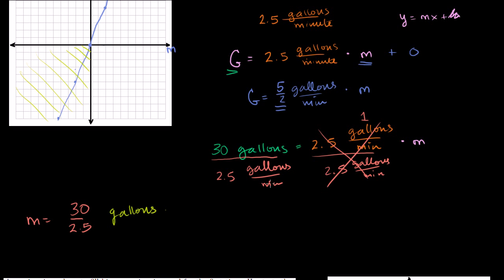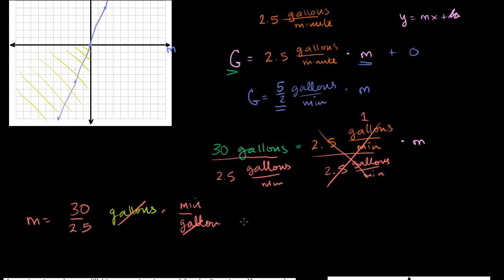If I have gallons per minute in the denominator, if I divide by this fraction, that's the same thing as multiplying by its inverse. That's the same thing as multiplying by minutes per gallon. These units were in the denominator. When I put them in the numerator, I flip them. So gallons in the numerator, gallons in the denominator, they cancel out. So I'm left with 30 divided by